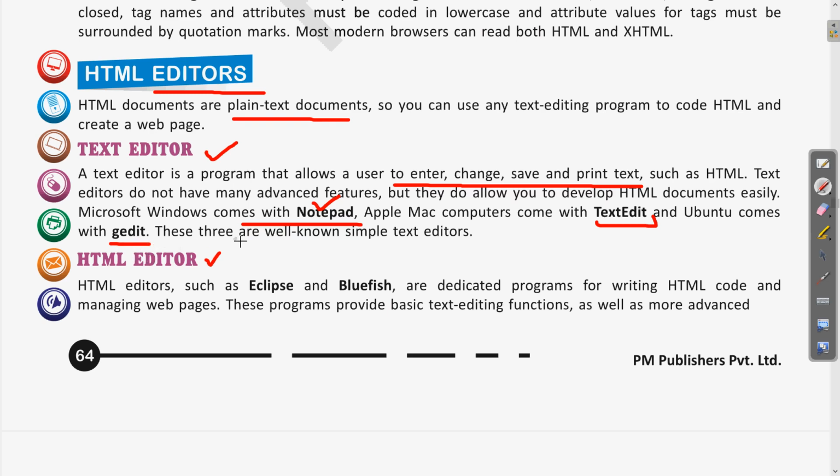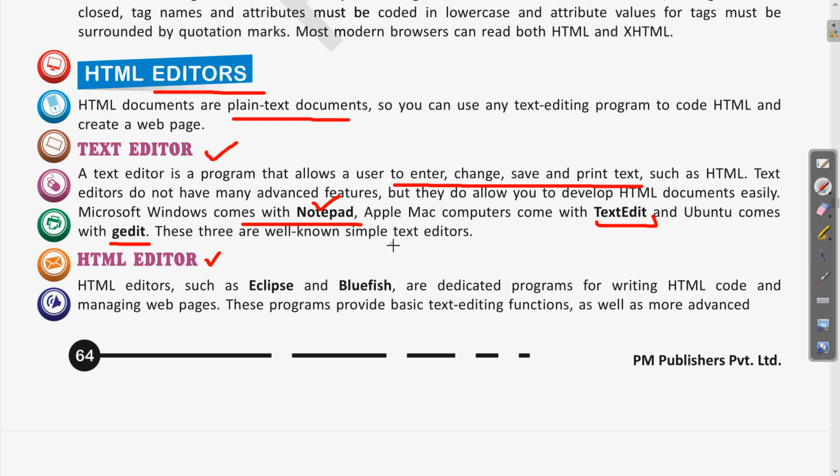Clear? So these three are the well-known simple text editors. These are provided by the operating system, and any HTML program can be written using these basic editors. Not only can we write, we can edit, change and modify.